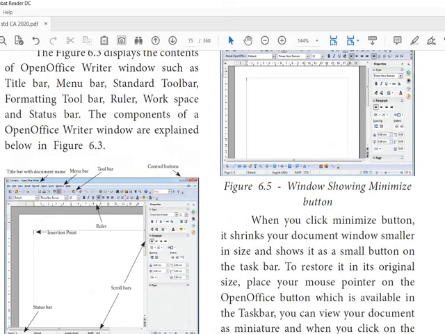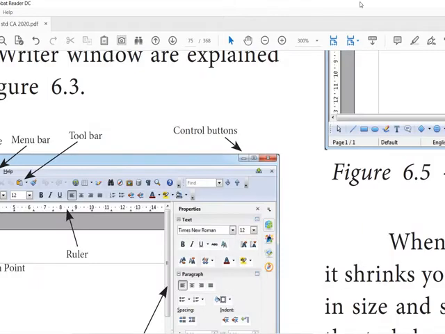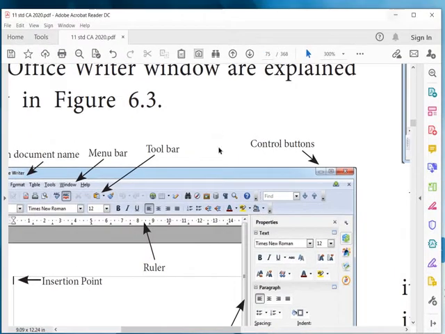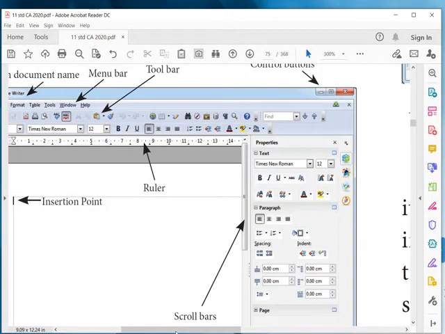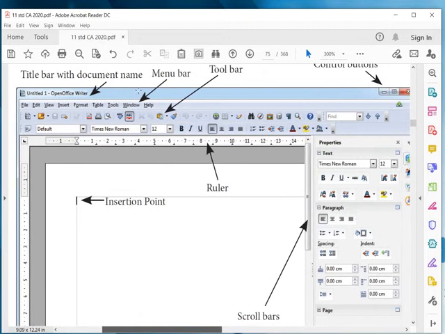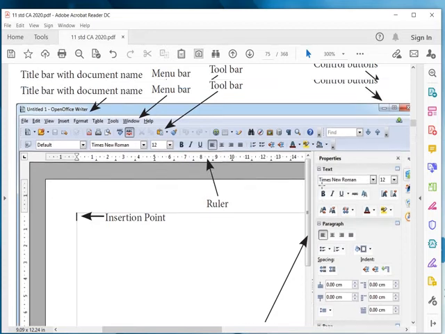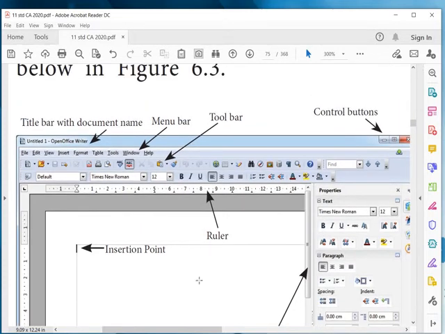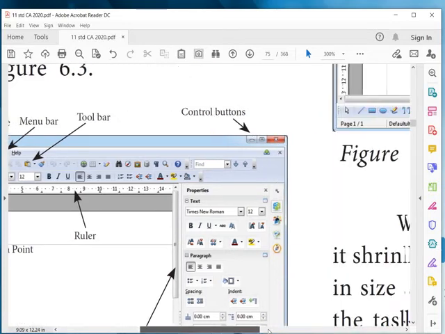So you know what the title bar is, what the menu bar is, what the toolbar is, which is the insertion point, which is the ruler, which is the scroll bar, and which are the control buttons, that is minimize, maximize, and close buttons.